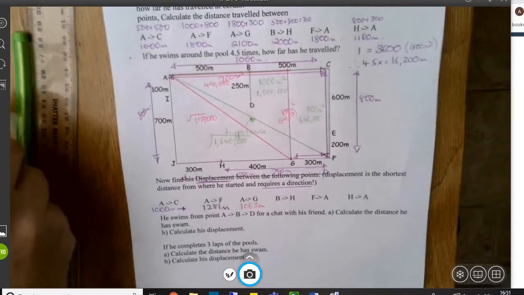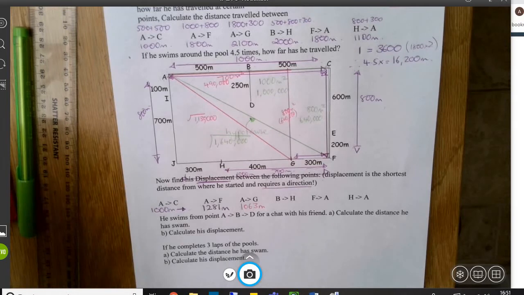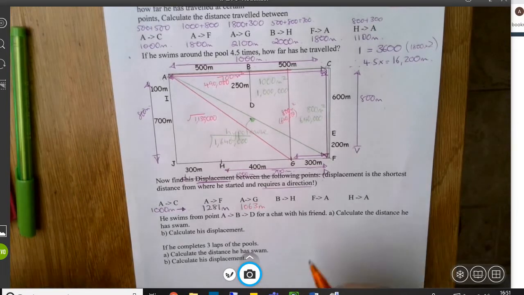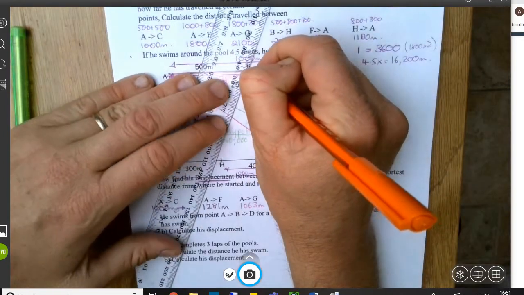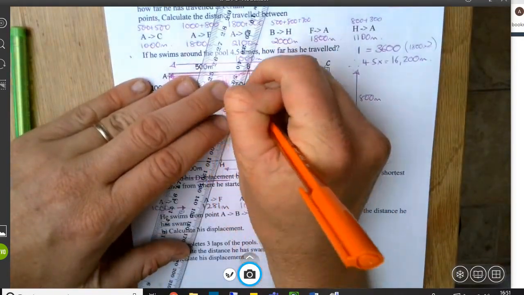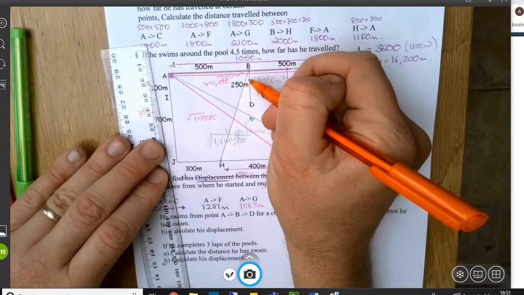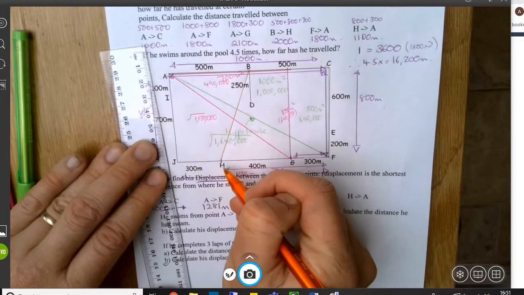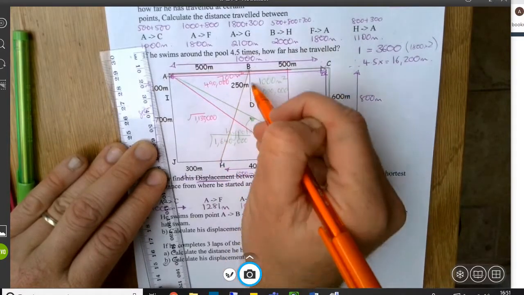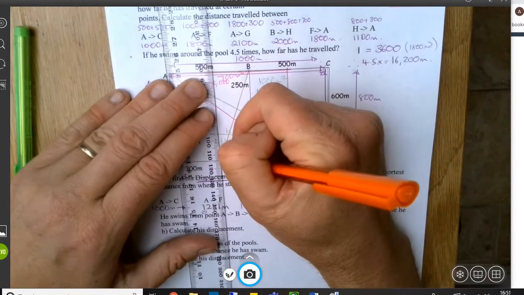Let's look at this fourth one. Okay, I'm going to change the pen colour again. This time we're looking at B to H. Okay, B to H. Let's draw our distance. Now, where's the easiest way to do this? Well, we know that distance there. Okay, we don't know the distance here, so we're going to take our reading